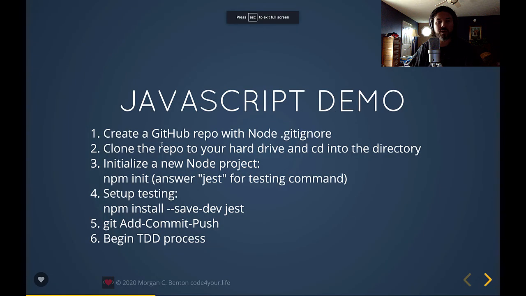We created a GitHub repo for node with a gitignore file. We've cloned that to our hard drive and we've CD'd into the directory. Now we need to initialize a new node project. So in order to do that, we're going to type npm init. Now it says answer jest for the testing command, and like I said earlier, we're not going to be doing testing today, but it's not a bad idea to get in the habit of doing this. So I'm going to set it up for testing, but we're not going to actually do the test-driven development style